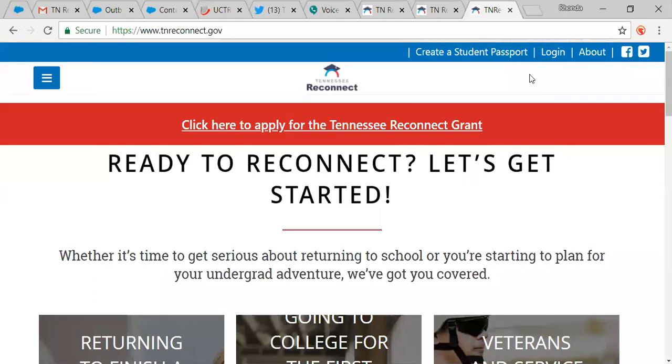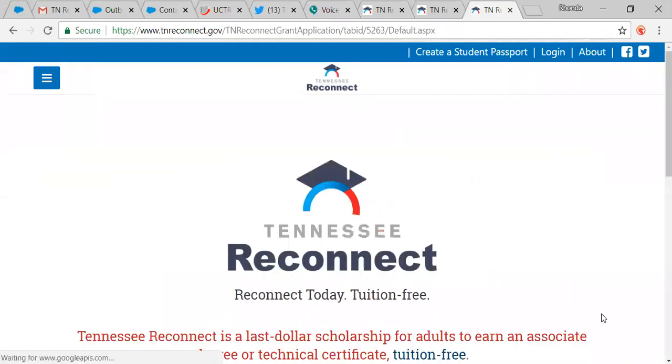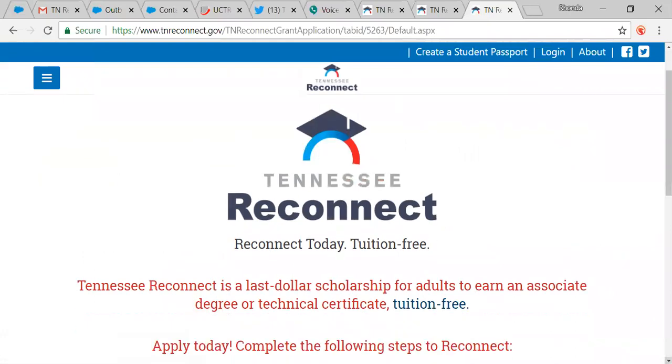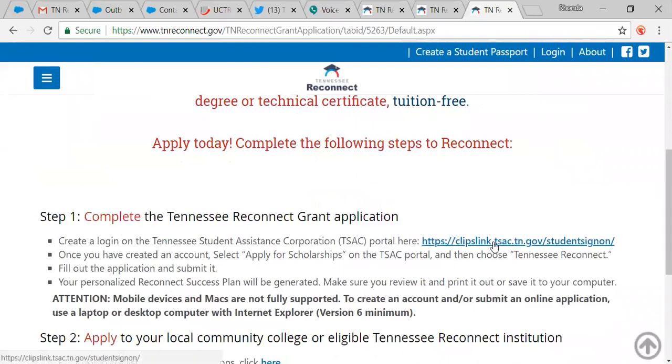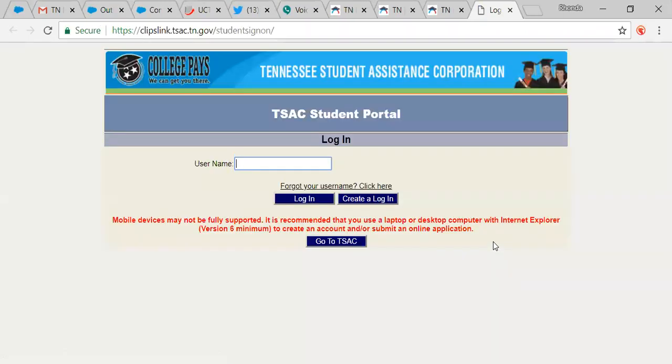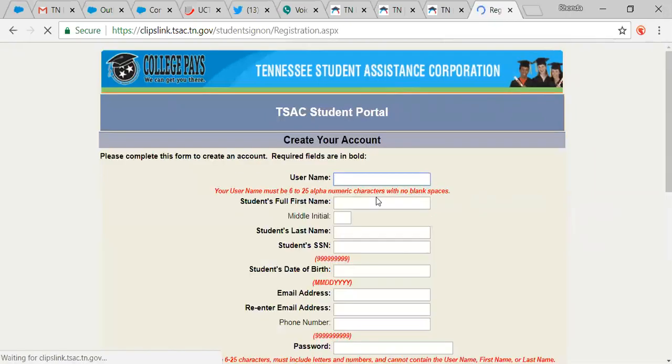Good morning. We're going to walk through how to apply for the Tennessee Reconnect grant. If you go to the tennesseereconnect.gov site, you're going to click here, and then you're going to scroll down the screen, and it'll tell you to create a user account here. Some of you may already have an account, so if you do, log in, but we're going to go through creating a login. All right, you're going to create a username,